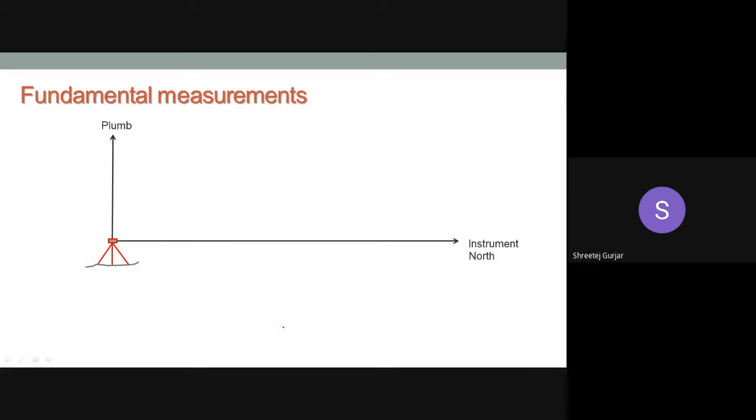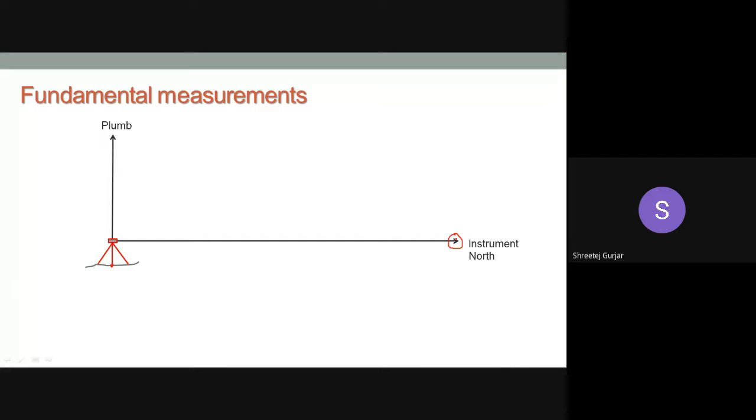You have to take away your instrument. You cannot just leave it there overnight. So you have to remove your instrument, take it back, and come back the next day, right? So you can mark the position where you have set. You can set it there and then align the instrument again using the same particular north, right? You can align it on the second day using any permanent point or the magnetic north, right?